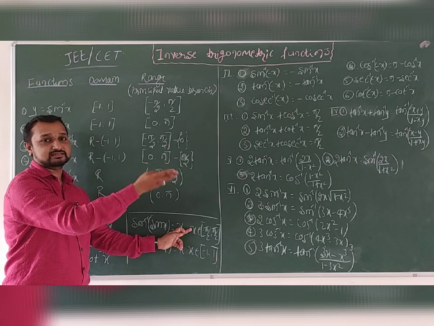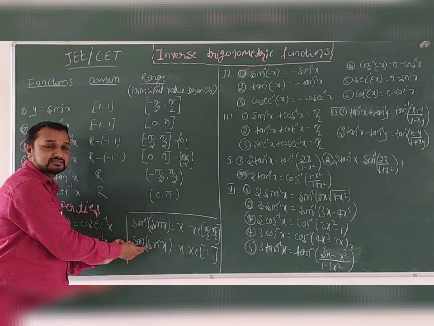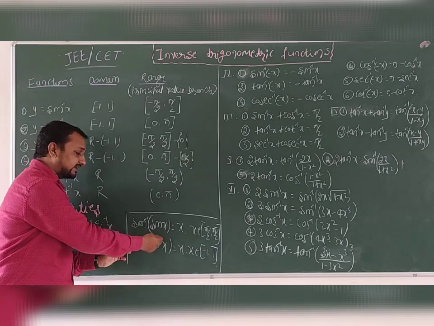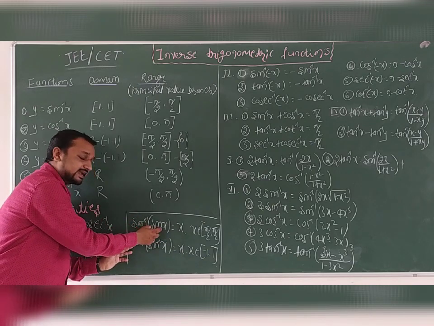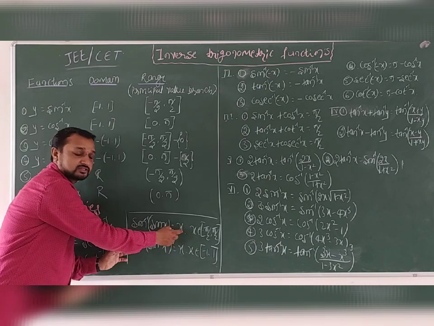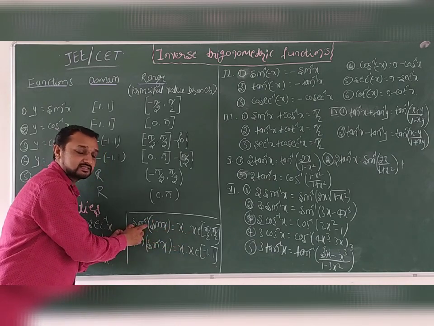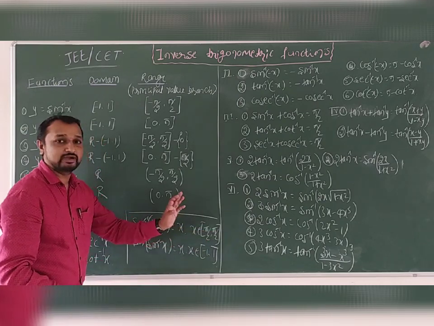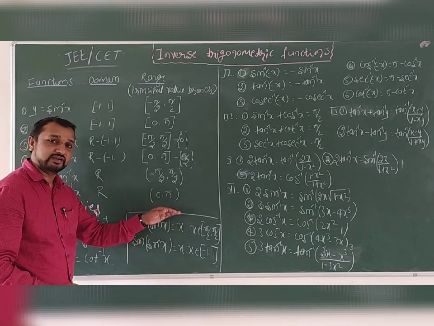The remaining functions are the same as this. Suppose the trigonometric function comes first and then the inverse trigonometric function, then sin and sin inverse get cancelled and the answer should be x. But here sin inverse of sin x gives x only within the range. This is the output of the sin inverse function, that is, the range: x belonging to -π/2 to +π/2. The same holds for the other five inverse trigonometric functions.